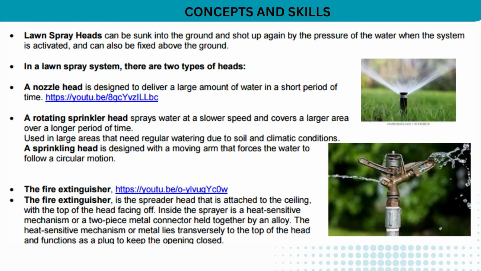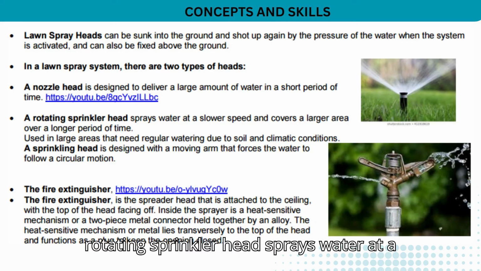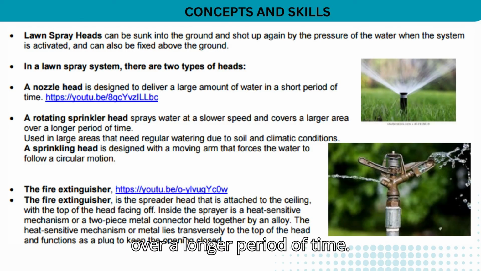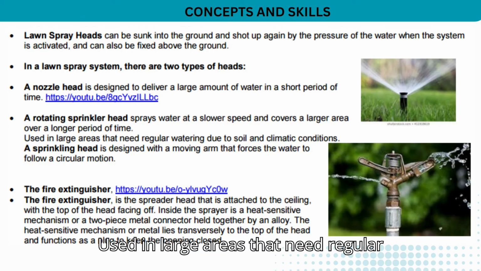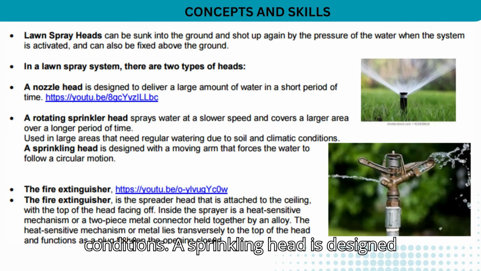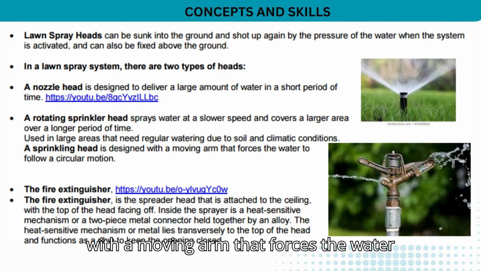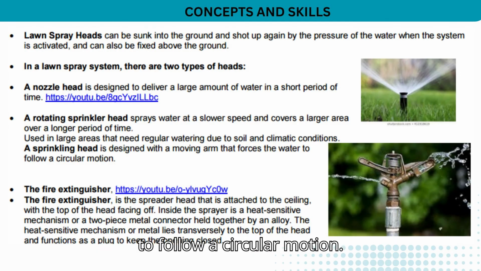A rotating sprinkler head sprays water at a slower speed and covers a larger area over a longer period of time. Used in large areas that need regular watering due to soil and climatic conditions. A sprinkler head is designed with a moving arm that forces the water to follow a circular motion. The fire extinguisher,